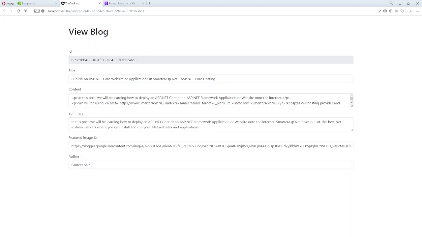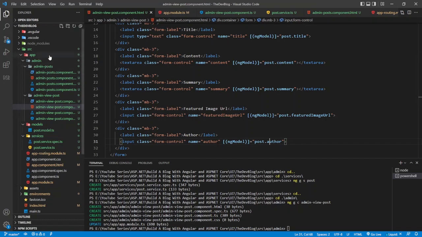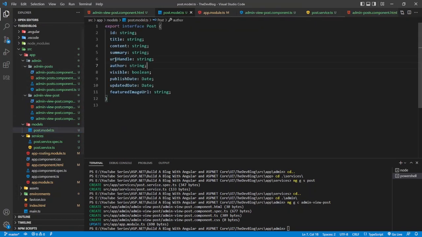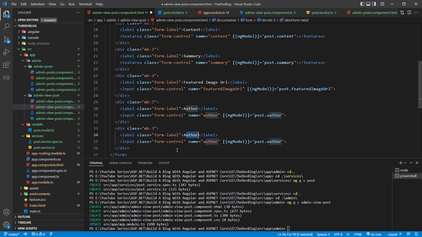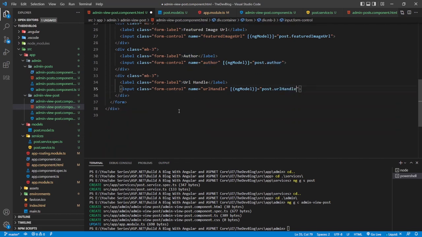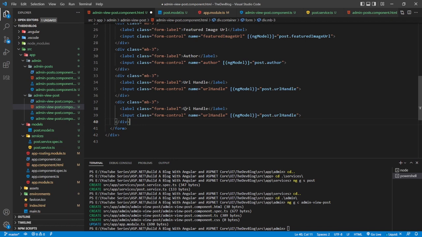Let's see what other properties we have. Let's go to the post model. So we have used, okay, we have to give the URL handle as well, and the dates and the visible property. So let's start with the URL handle. After that, we want to give the visible property. So visible,